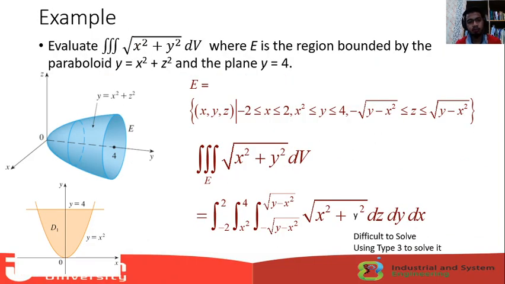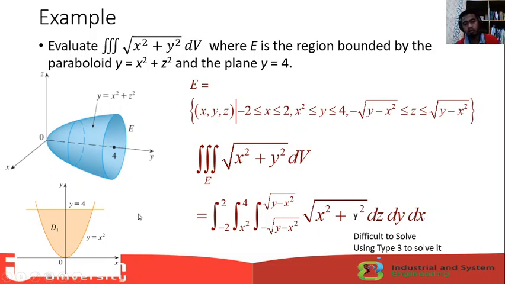we would like to evaluate the triple integral of the square root of x square plus z square times dV, where E is the region bounded by the paraboloid y equals x square plus z square, and the plane y equals 4. If we use type 1,